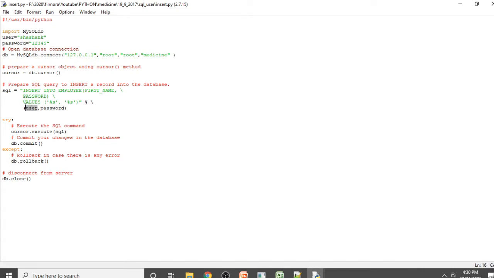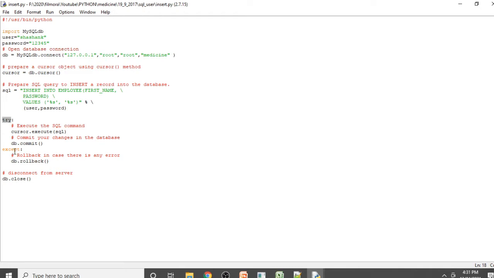The user gets stored into the first percentage, which corresponds to first name, and the password gets stored into the second percentage, which corresponds to the password. So this is actually the basic syntax while taking the input from the user.